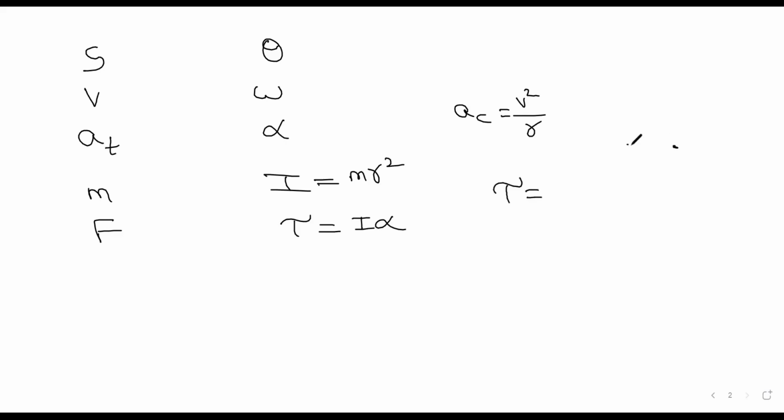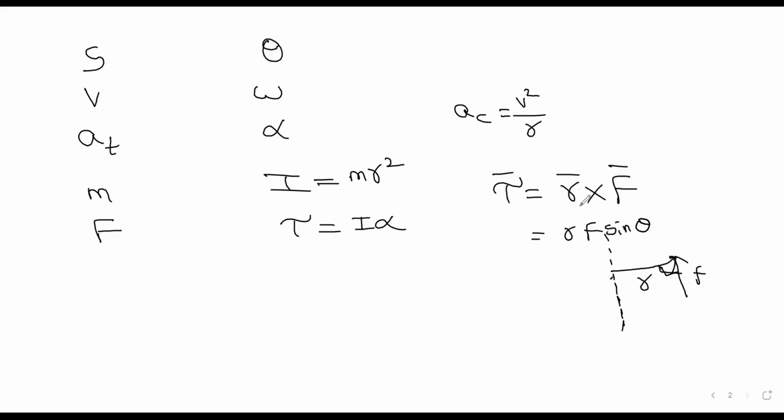When there is a point with some force F acting on it, torque equals r cross F, the vector form. This is for a point about this axis, let us suppose. This is at a distance of r and some F is acting on it. If it is perpendicular or not, we have two formulas: r cross F, or r F sine theta, where theta is the angle between them.